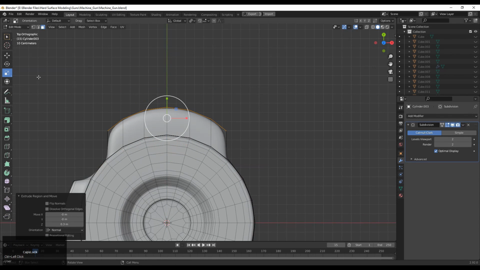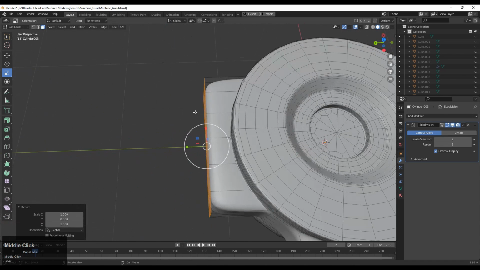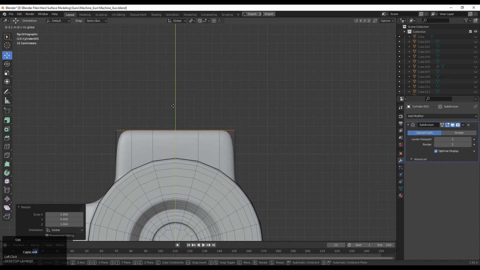So press I for the insert operation, then adjust the scale and extrude it out, or you can move it along the y-axis and then make it straight along the y-axis. You can use the scale tool to make it straight.